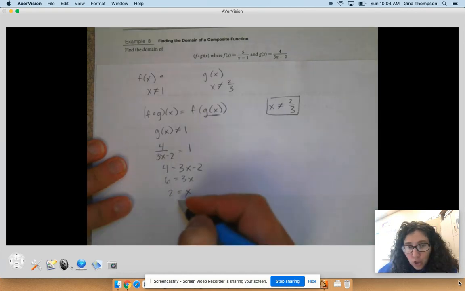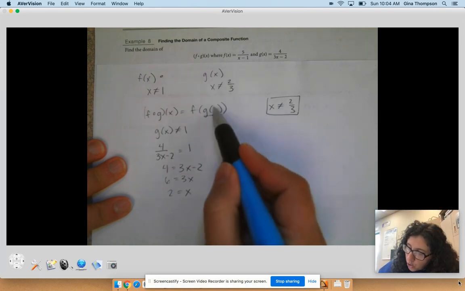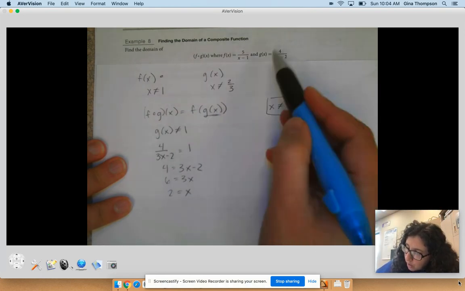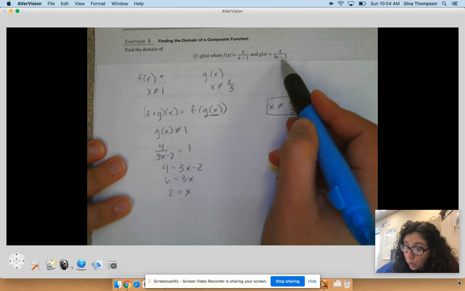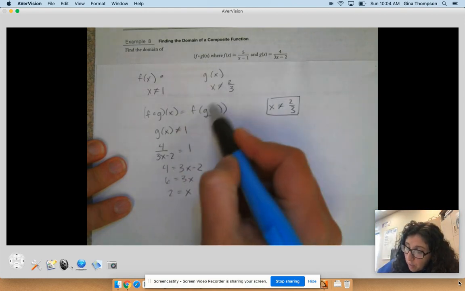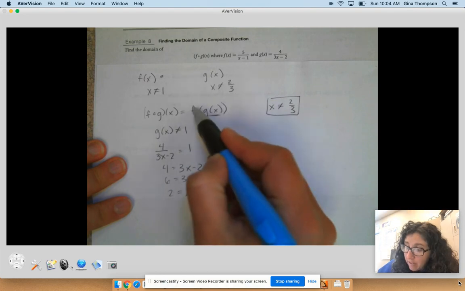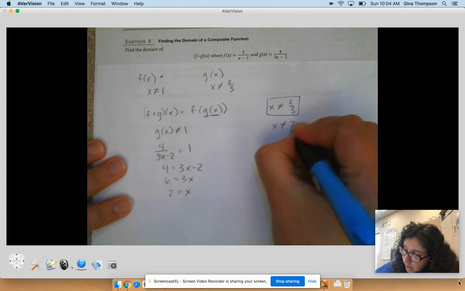So if x equals 2, what's going to happen? If we put 2 into g of x, what will we get? 4 over 6 minus 2. Sorry, that's 4, right? And 4 over 4 is 1. So the output for this function is going to be 1, and we'll put that in for f. No, it's a problem, right? That is restricted. So we know that x cannot equal 2,